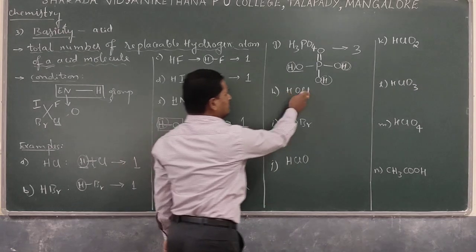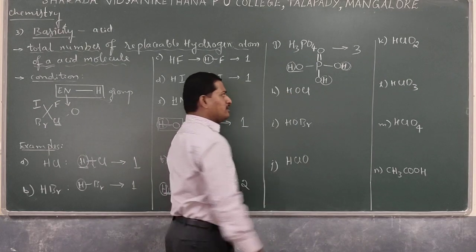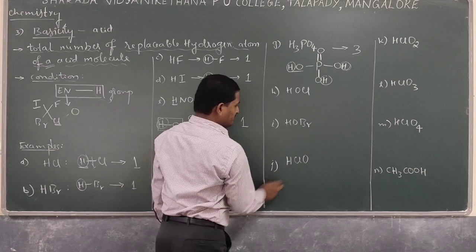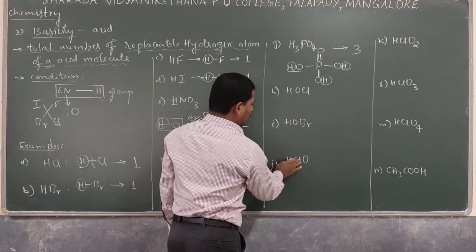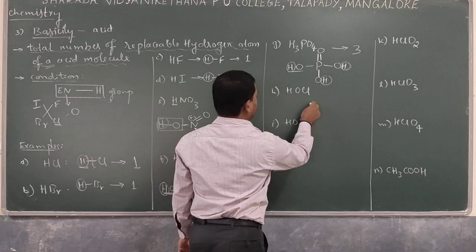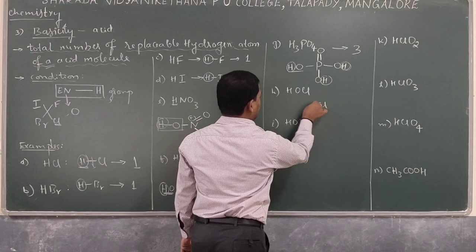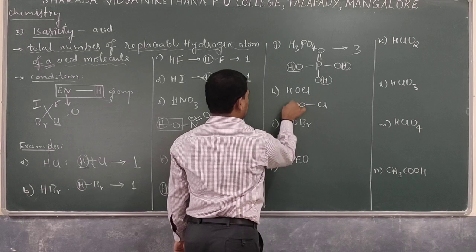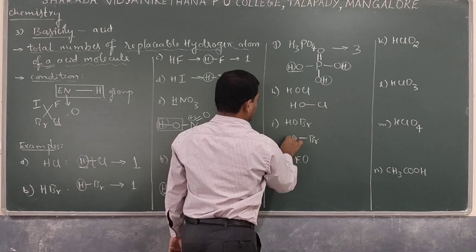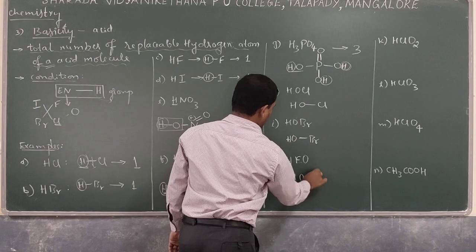And then HOCl, called an oxoacid of chlorine, hypochlorous acid, similarly hypobromous acid, hypofluorous acid, HFO. If you go with these, in all the cases, if you write the structure, chlorine is the central atom, and here an OH group is bonded. So in all the cases, OH is bonded to the halogen atom. So OH, H, O, and then Br.